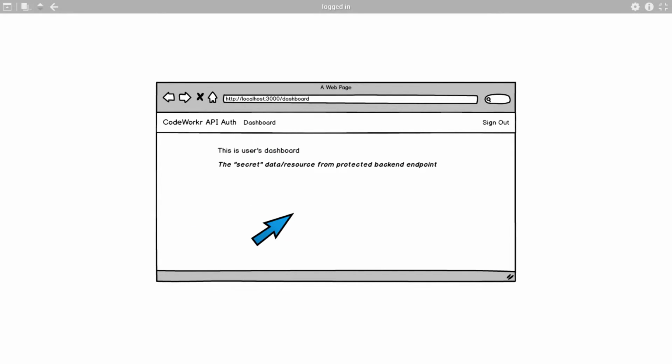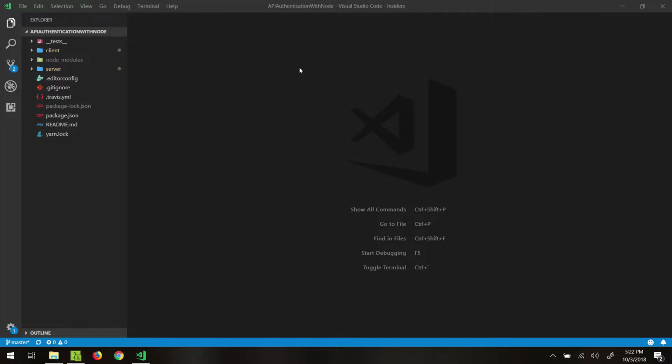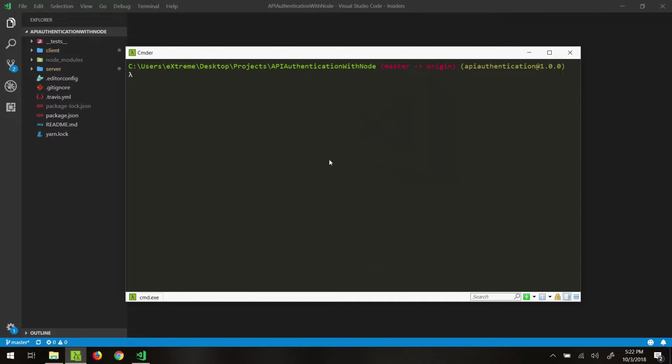So on initialize, inside this page, because the user is already authenticated, we'll go to the Node.js backend, grab that secret, and then render it over here. So hopefully now you have a better sense of what we're trying to achieve in these few videos. So let's get started. Okay, so I've opened our project so far, and I'm going to run npm run start